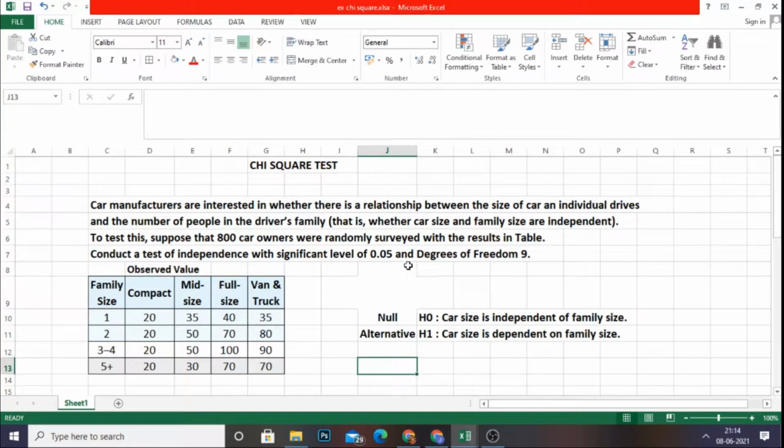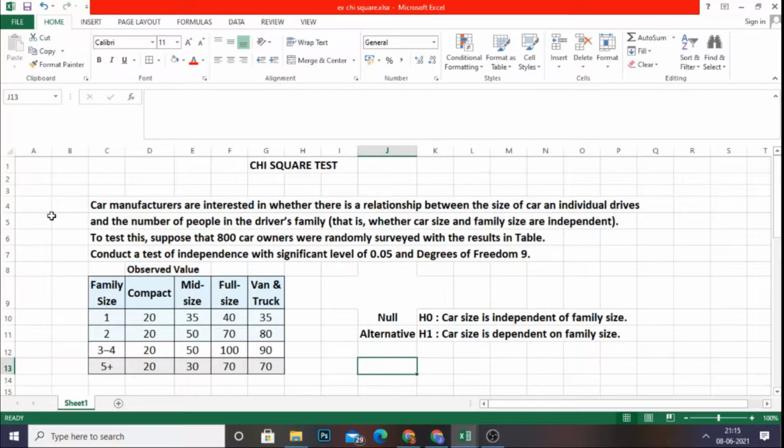I have a problem for you, and it's a little bit easy to understand, but while you go with the manual calculation with the help of Excel, please concentrate on the steps that I am making to get the result. So here the problem goes.